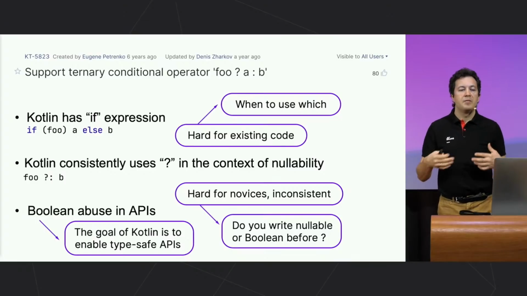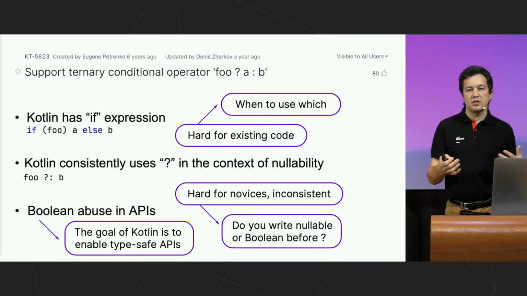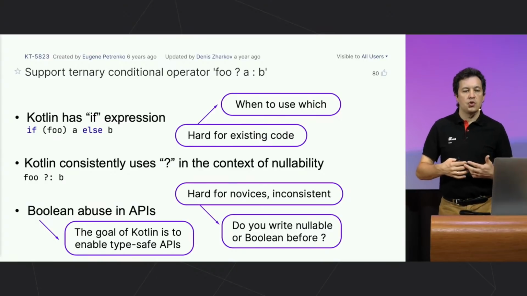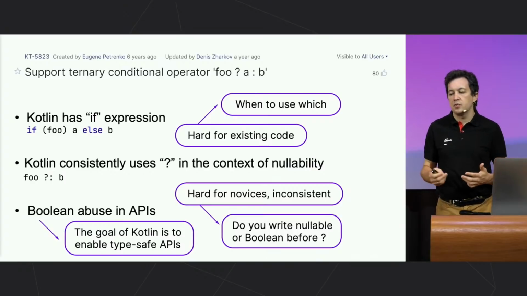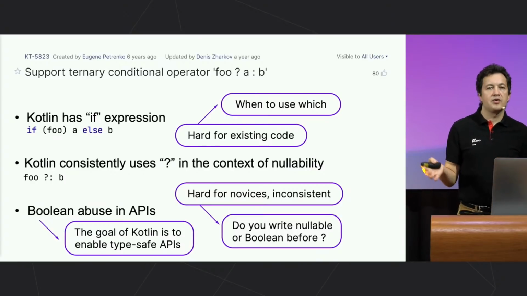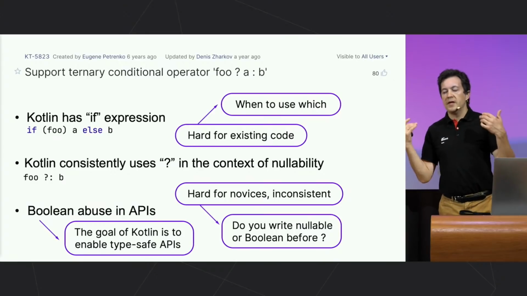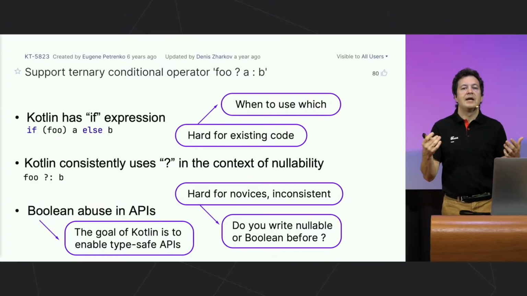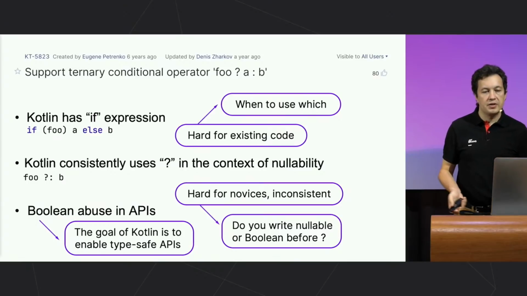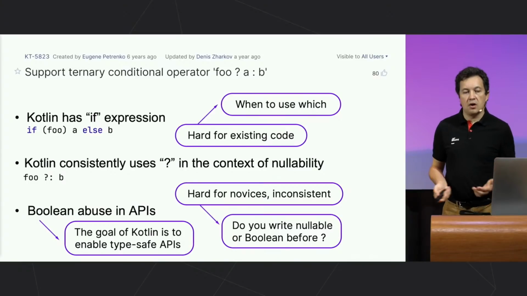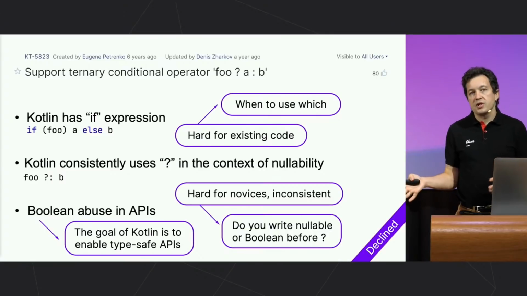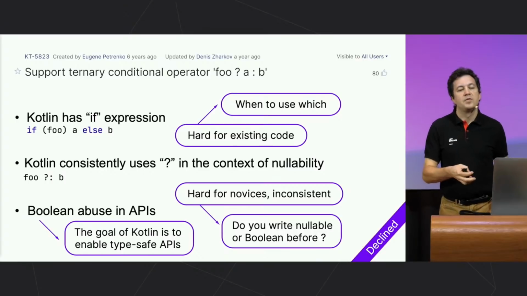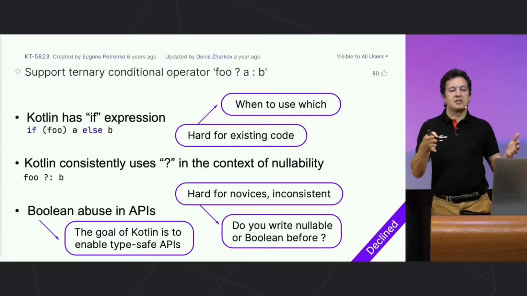So in real code, if it's well structured, you will not get a lot of Booleans, or if you have Boolean expressions, they will be not just a single variable, but some long ones. And with longer expressions, the difference between if expression and ternary operator is not that apparent. Moreover, if expression with complex expressions is clearer and easier to read. So all in all, if we take this together, it means that we'll have to decline this particular issue. We won't have the ternary operator as it came to us from Java and C++,